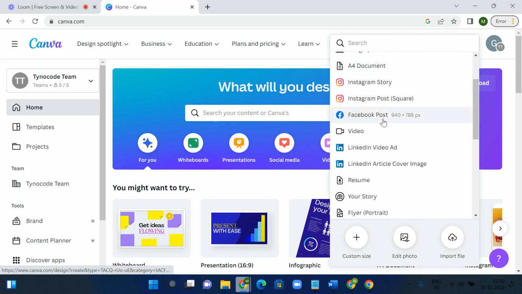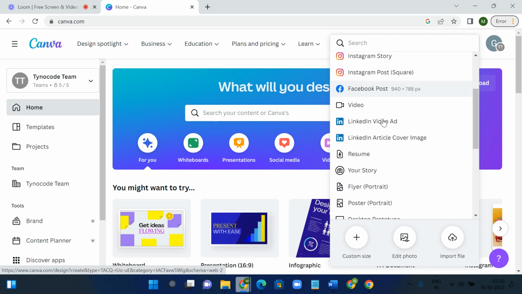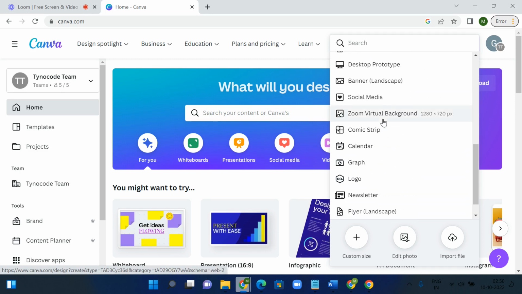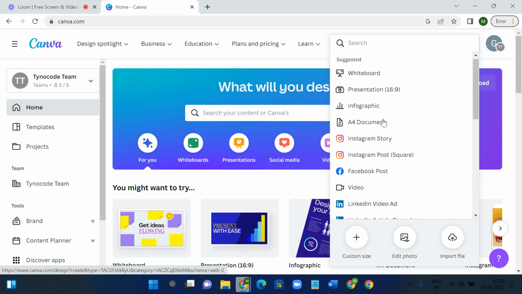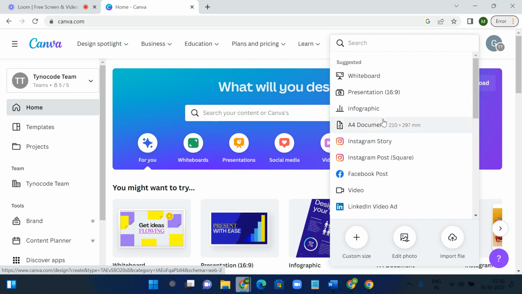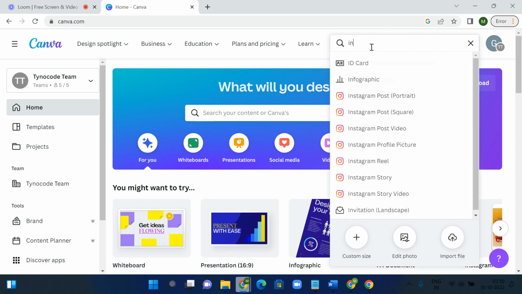gives us various options like we want to create like Instagram post, Facebook, LinkedIn post. These are the various options which are available. If it does not fit in the option you want to create, you can search it from here. Like if I search Instagram post, this will give me the search result for all the Instagram posts. I'll just go to this Instagram post square option,